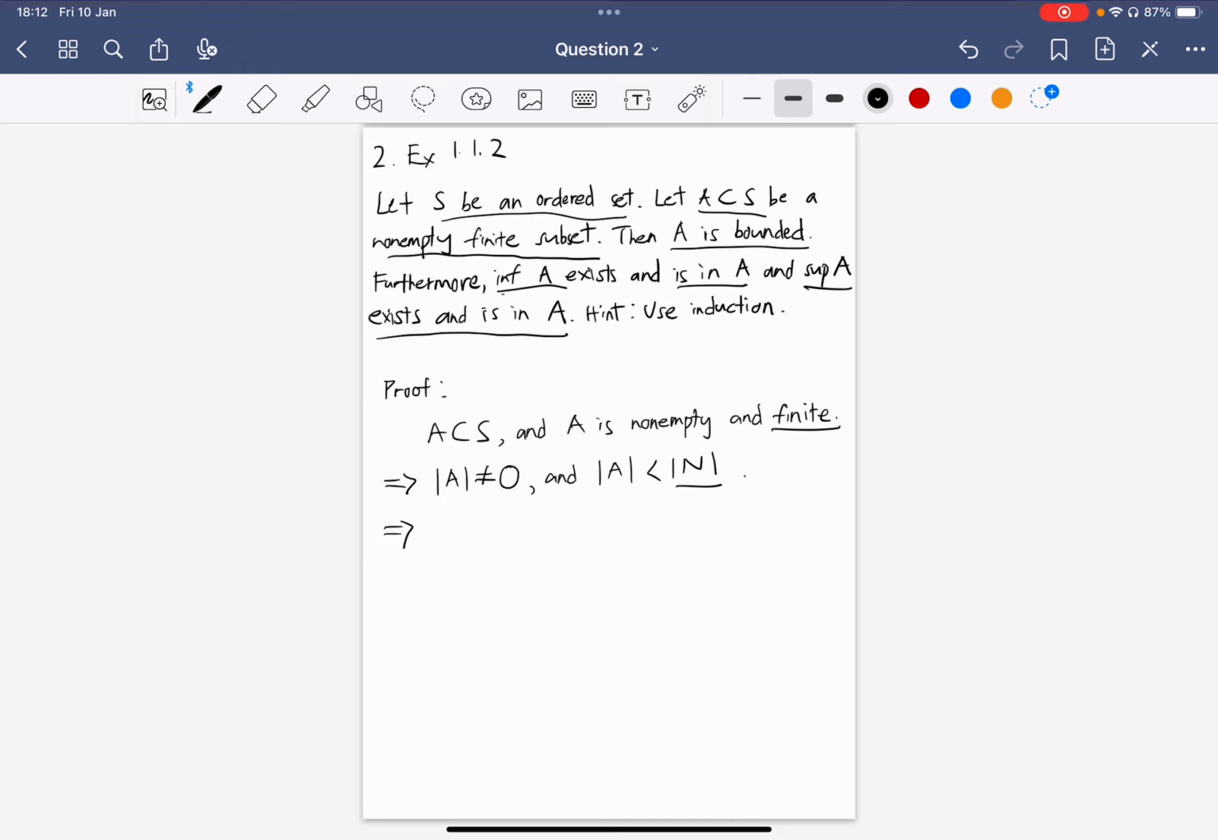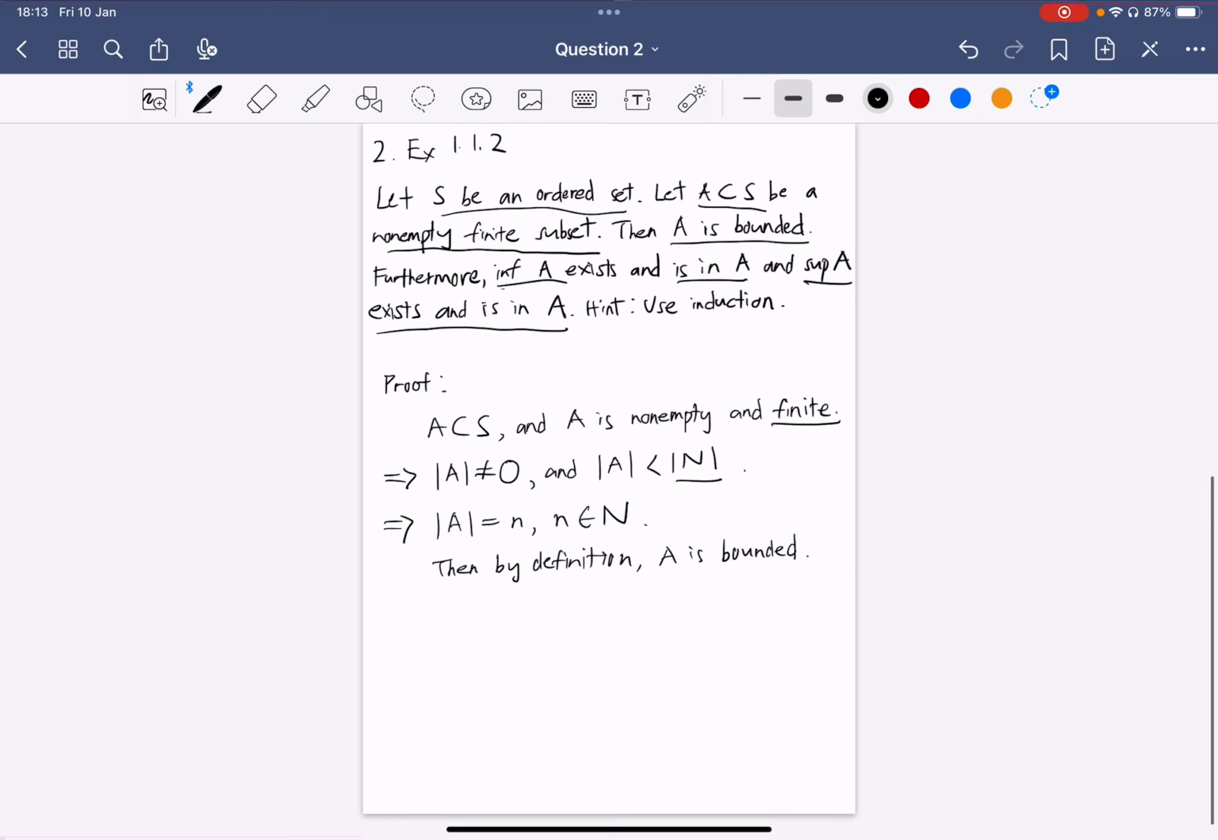And that means that the cardinality of A must be equal to N, where N is some value in the set of natural numbers, right? And by definition, A is bounded. Right. Now moving on to prove this part of the statement,